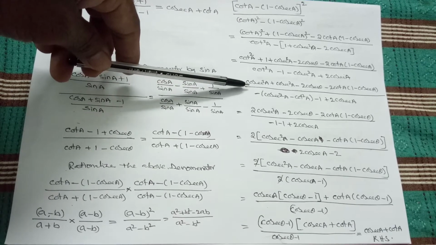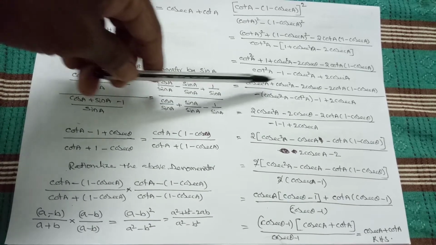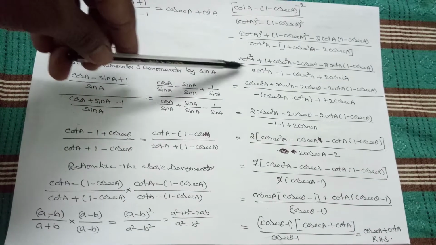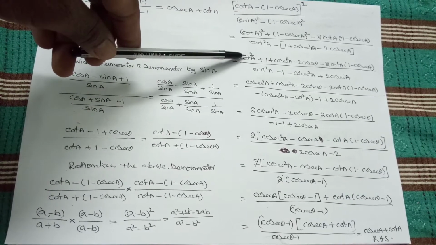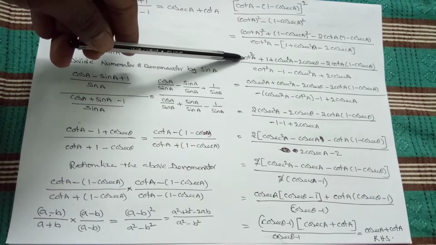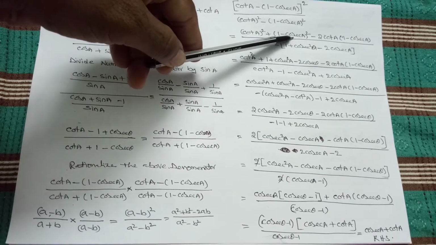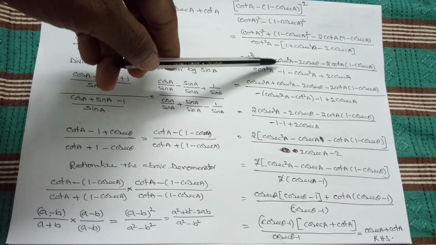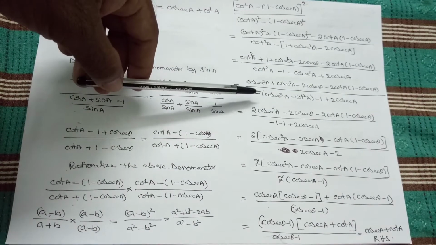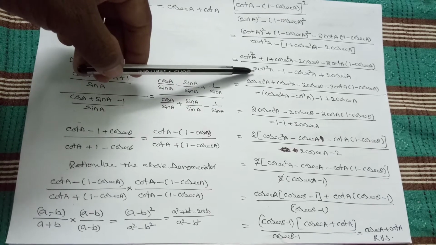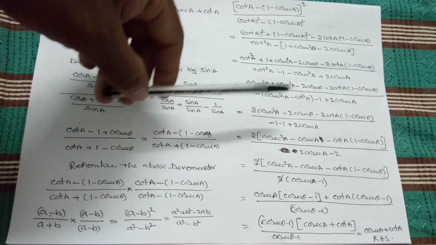Now you can write cosecant square theta, cosecant square theta. I separated there. Here you can see cosecant square theta, cot square theta plus 1. This is 1 minus cosecant square theta. Therefore, A square plus B square minus 2AB and that one. So in the denominator also minus is there. So open and distribute the minus.